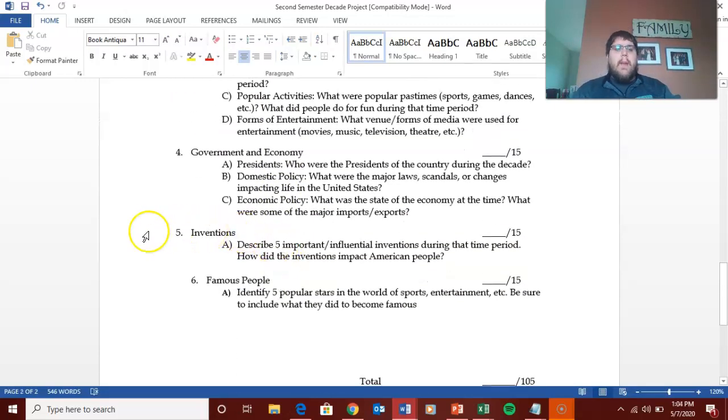So say, for example, a lot of people pick famous inventions of the time period. You'll notice when you look at the criteria for it, it's not just listing 5 different inventions and describing what they are. Now, I'll be honest, a lot of them are going to be pretty self-explanatory, but also how is that going to impact the American people's lives? So it's not a slide for you just to put 5 pictures and say, hey, this came out during this time period, but more of an explanation.